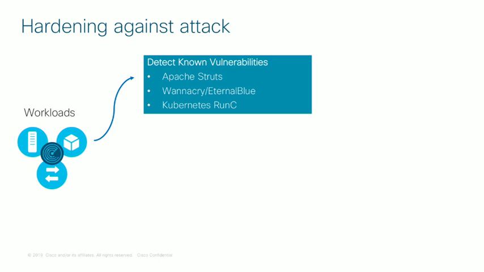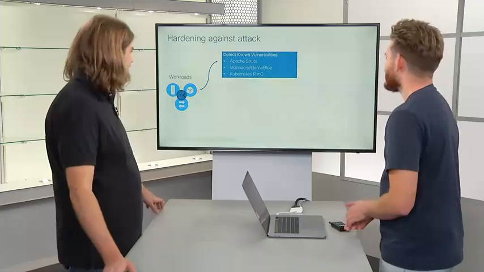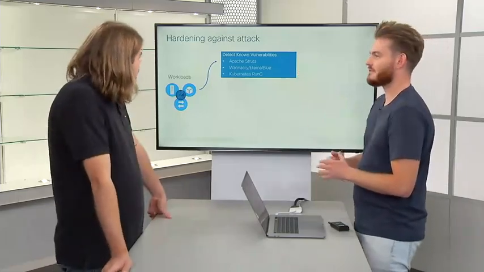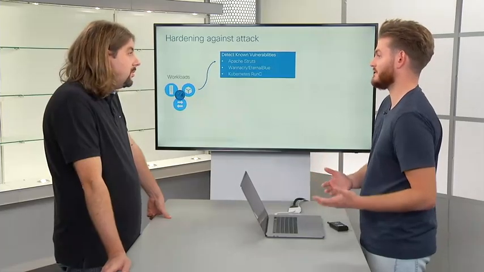This is a really simple one, but it's actually incredibly effective. Are you running out-of-date software that has known vulnerabilities? The answer for most customers probably, unfortunately, is no, but the reality is yes. So, for example, Apache Struts, this was the one that the credit bureau had to deal with. That CVE was very well known ahead of time. If they had actually gone ahead and patched it, they would not have been breached. So what Tetration will do is firstly give you visibility into the fact that you have those known vulnerabilities.